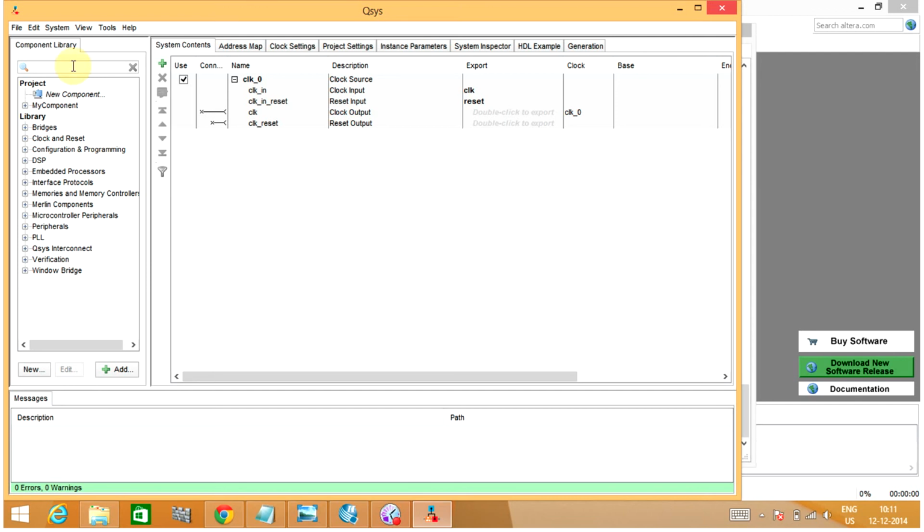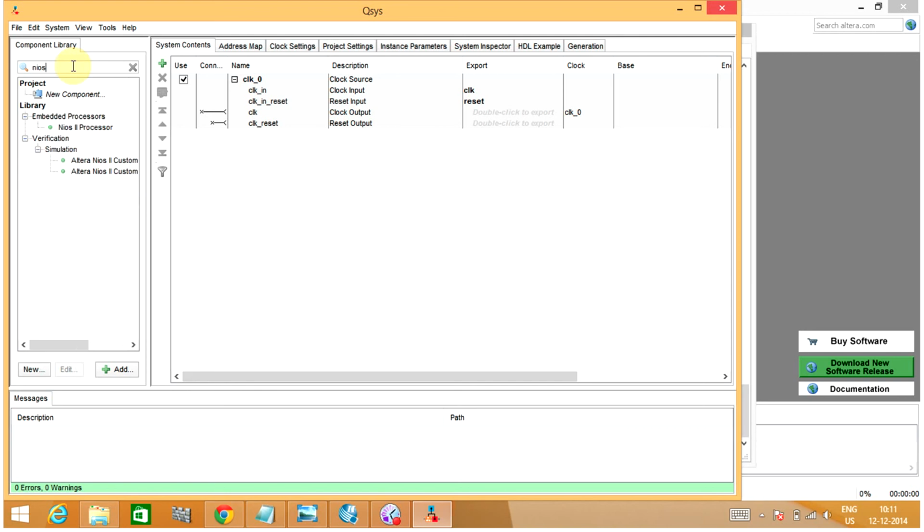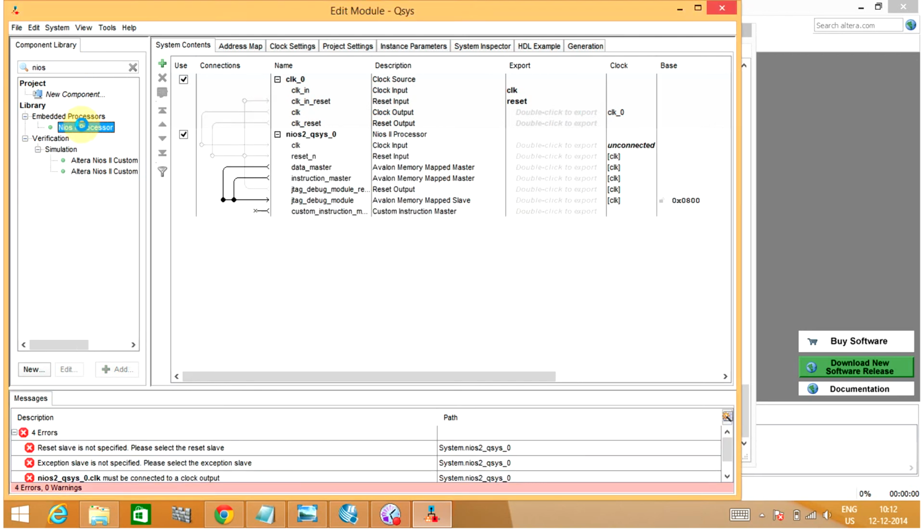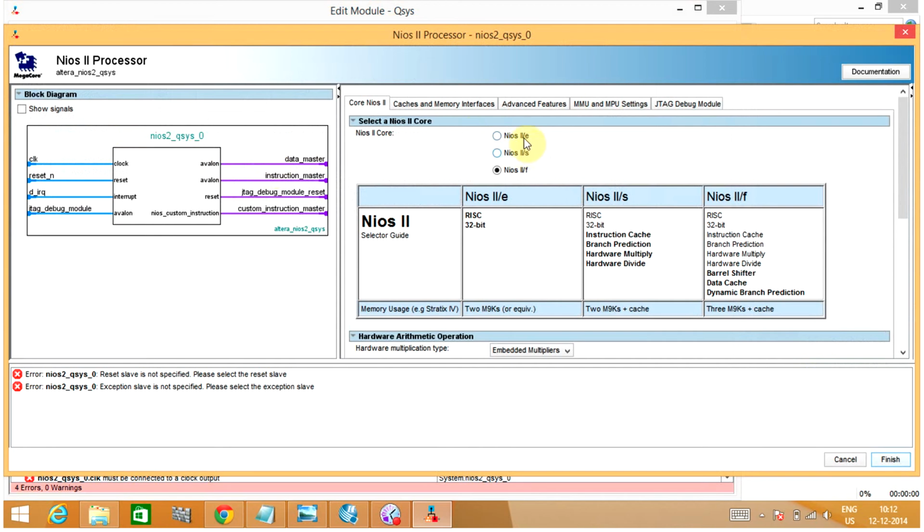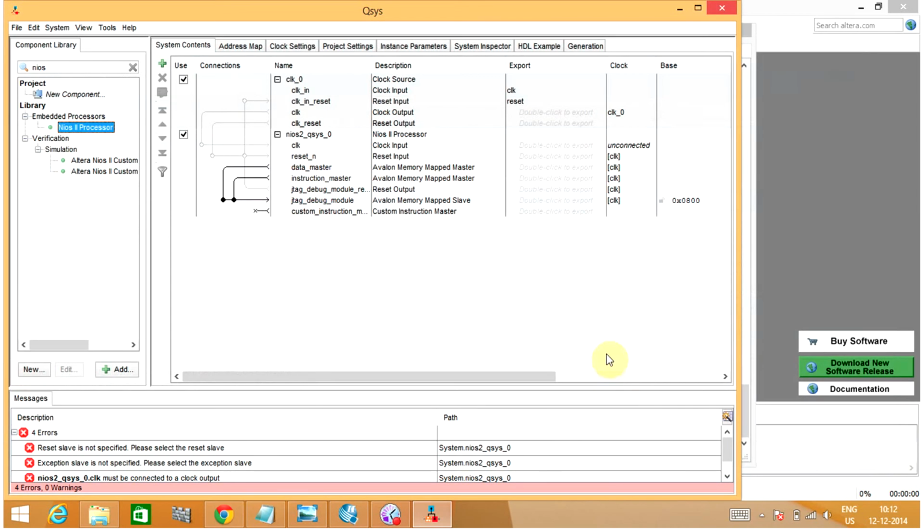So we'll be using C code as well, through which we are calling these functions in Verilog. So we need to include the Nios processor. We'll be using the economical version over here. Hit finish.